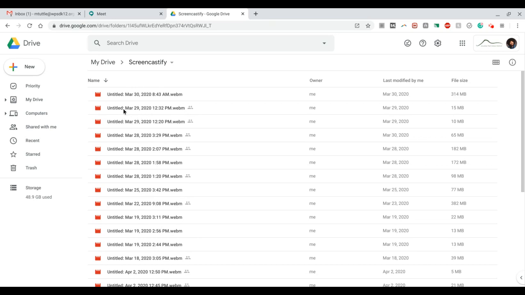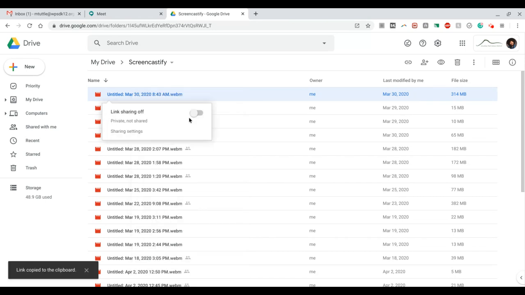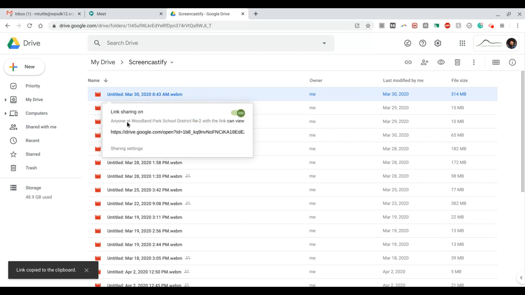To share them on Google Classroom, you need to make them viewable by anyone with the link. So the first thing you need to do is choose the one you want to share. So I'll take this one here, and then right click it, and then you can click on Get Shareable Link. If you turn that on, there's a little switch here, turns it on. It says anyone